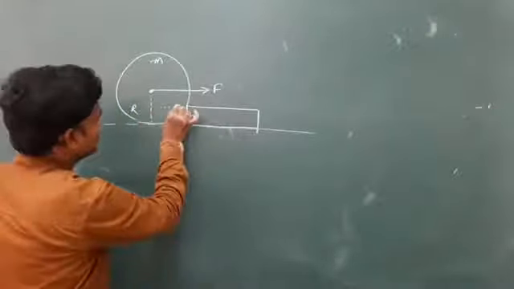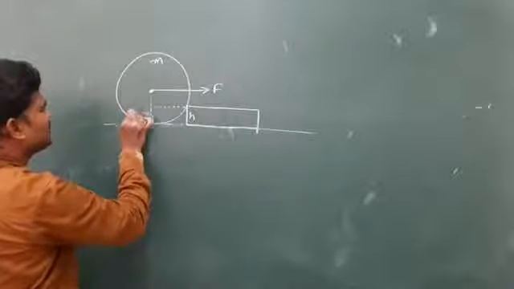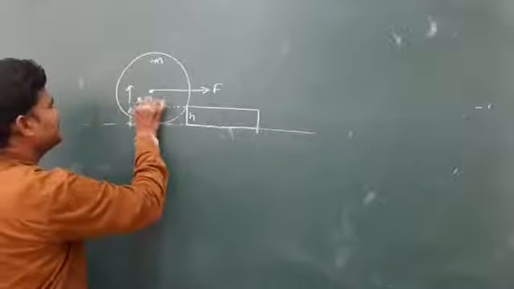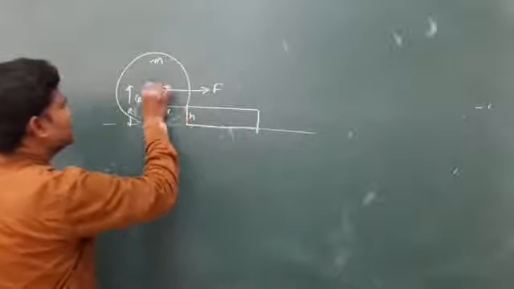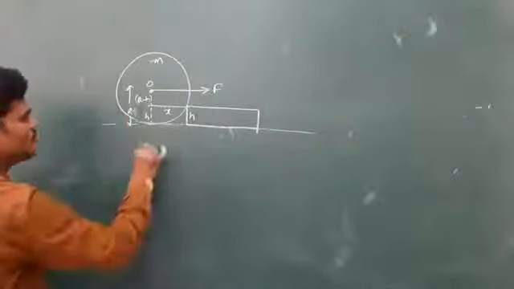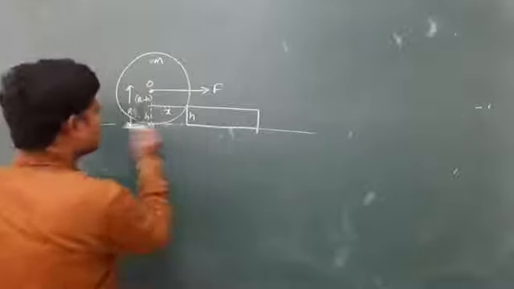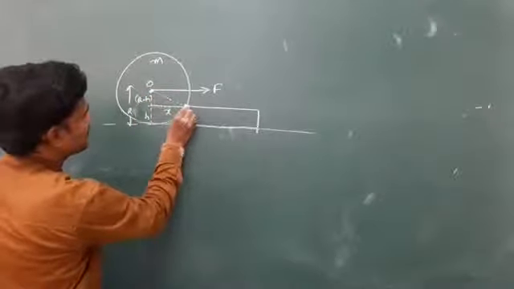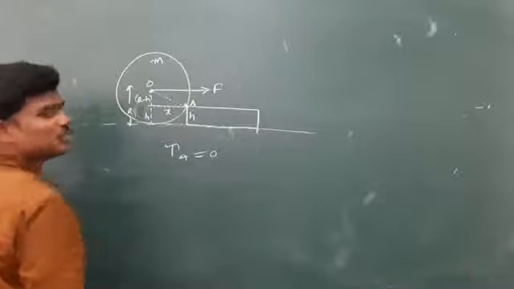This height is clear. Total radius is r, and this is h, and this is very clear, r minus h. This distance, let us suppose, is x. If this is point O, just take the torque about O. Take torque about O equal to 0. Otherwise, instead of that, just find this distance, or you can take some point A. Take torque about A equal to 0, same process.